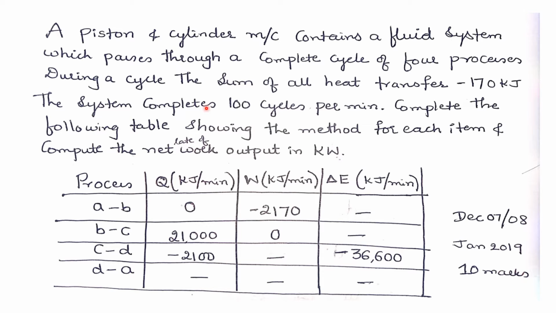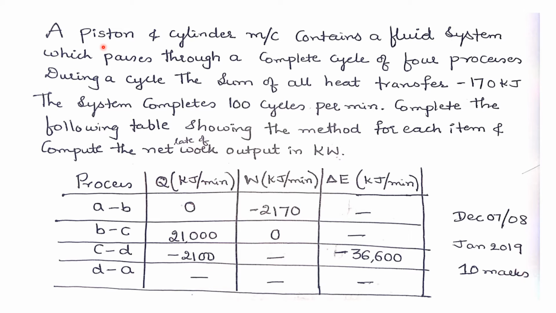In the previous class we discussed the first law of thermodynamics for a closed system undergoing a cycle, and for a closed system undergoing a change of state. We also explained what we mean by enthalpy, what we mean by specific heat, and the relation between specific heat at constant pressure and specific heat at constant volume. Today we will see the problems. Let me read the problem first.